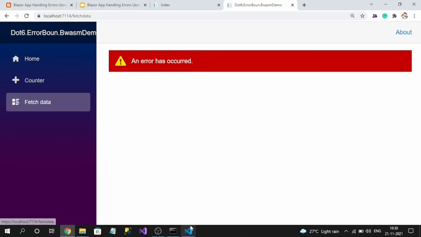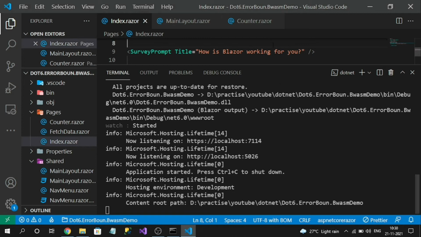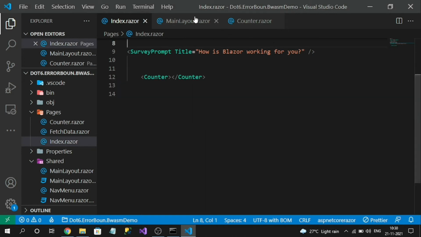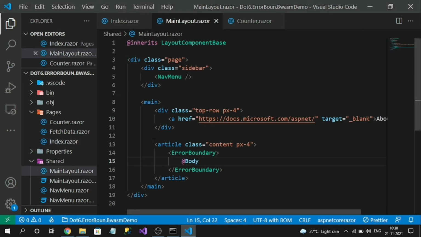That is because this is the global scope, because every page renders under it. Since it is already handling the exception, that is why it is not able to load other content data.